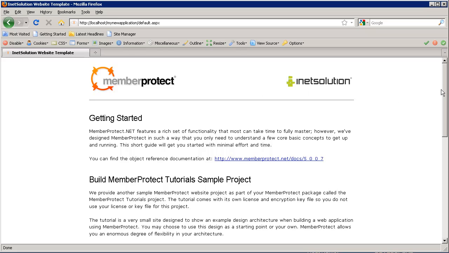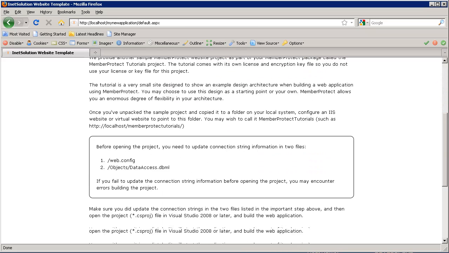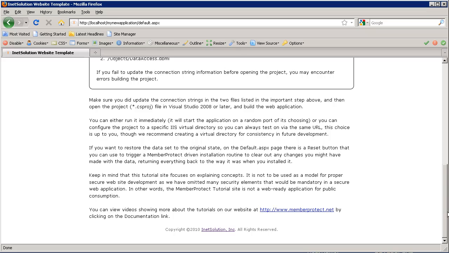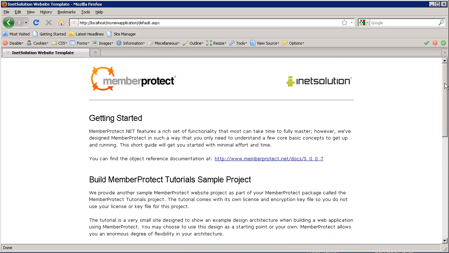We can see it takes us to the default start page, where we just have some helpful getting started information. Now we want to look at the iNet Active system behind it,